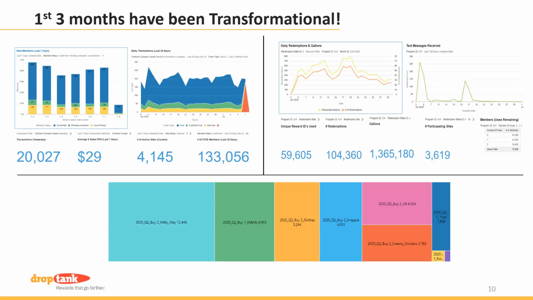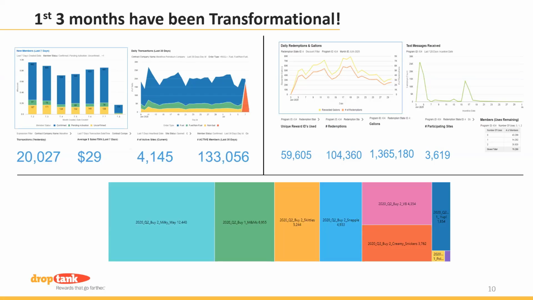Looking at the bottom, our sales and marketing team, we work with consumer packaged goods companies, people who sell candy, beverages, etc., and we create offers with them. In the past, we didn't have the ability to have real-time data on how those products are doing. Now, I create a little tree map at the bottom where our sales and marketing VP can pull it up any day and say, oh, wow, Milky Way's doing great, M&M second, etc. It's very easy to see.